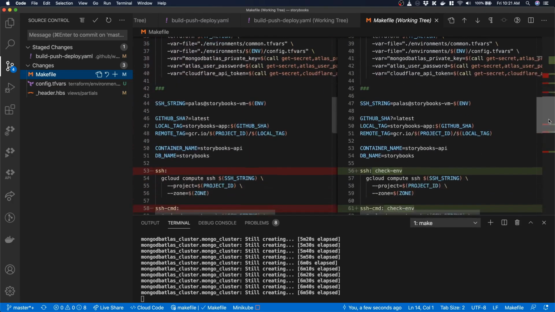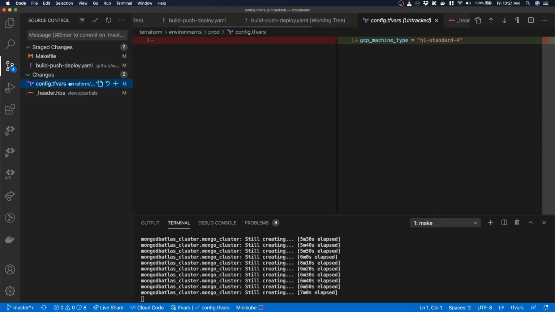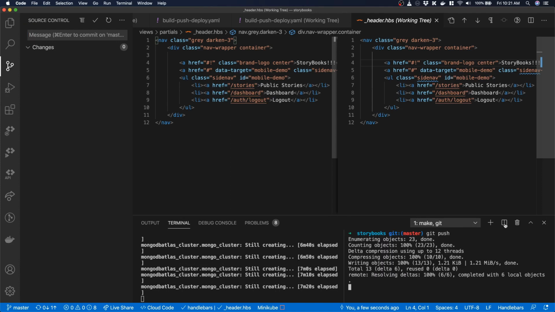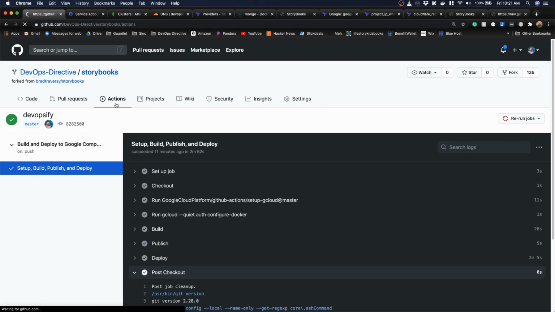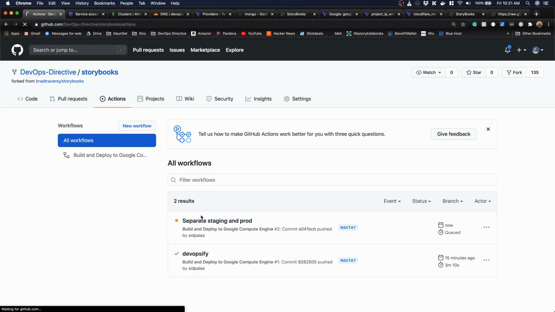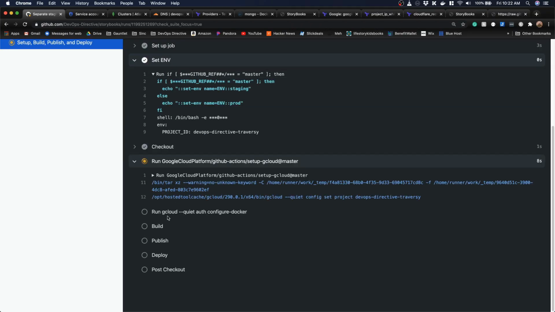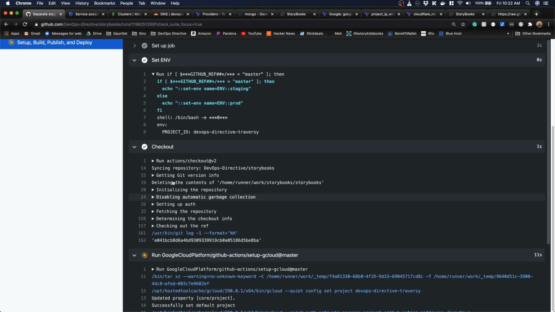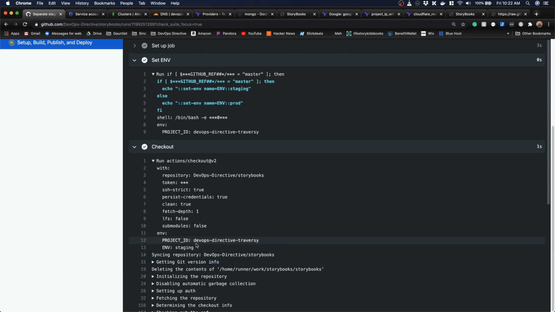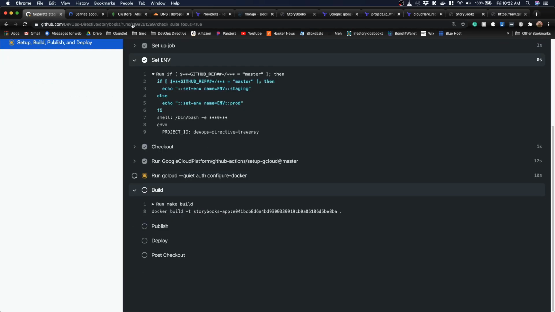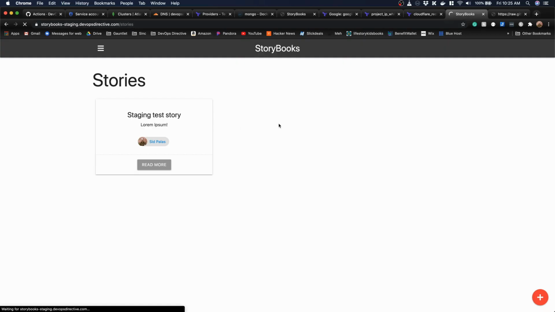Now I'll just stage all these changes, commit them, and push. Because we were on the master branch, we should see a new action triggered, and if we go into the logs and look at the environment variables for any steps after our first one, we can see that it set env equal to staging. Perfect. Once that workflow completes, we can go back to our staging URL, refresh the page, and see that our changes